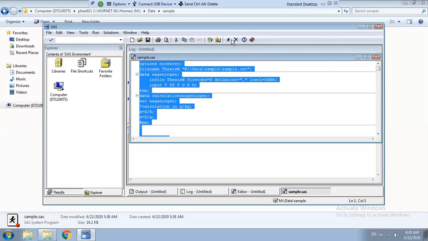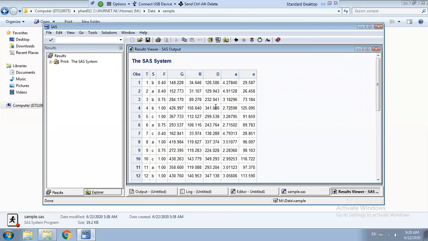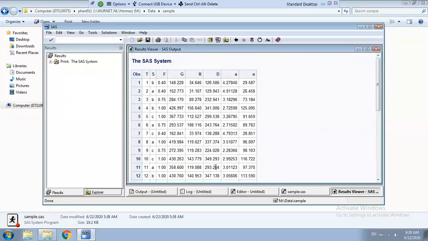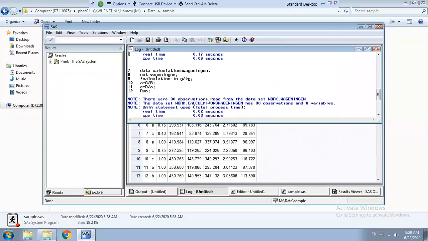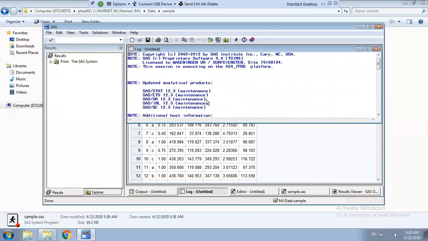Now we can run it to check. Okay, you see here are 8 variables, and we check in the log to see what is right. Okay, at the beginning